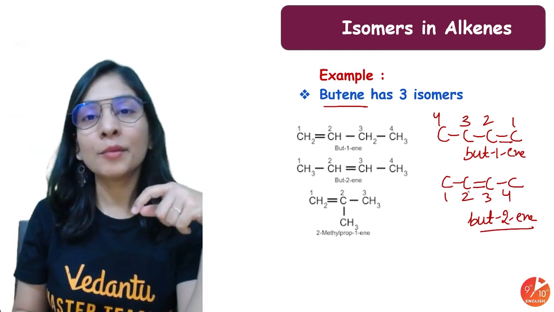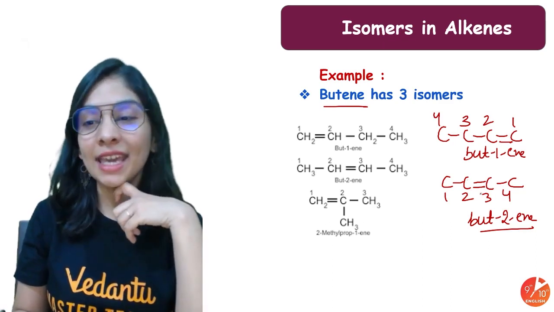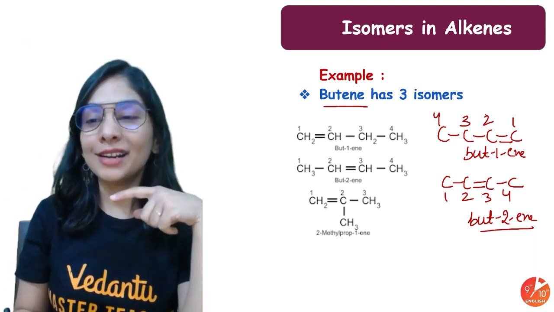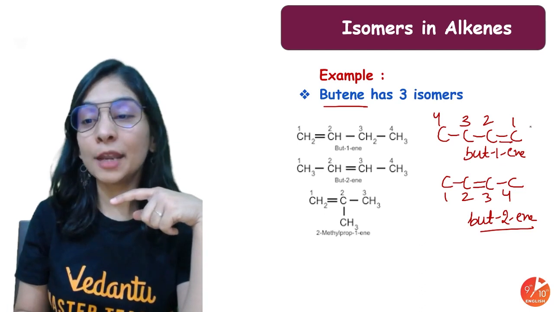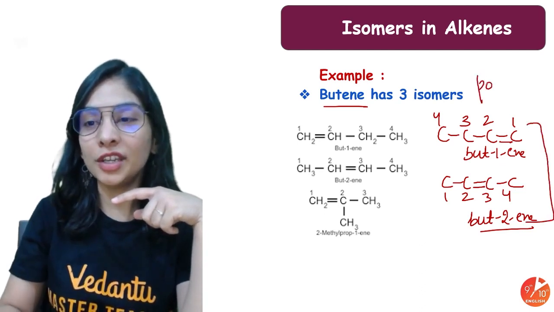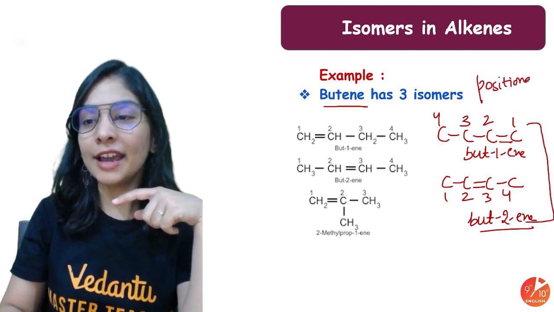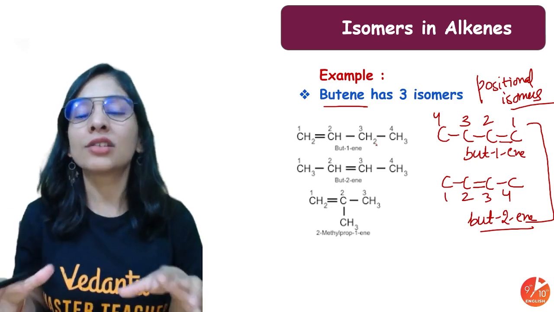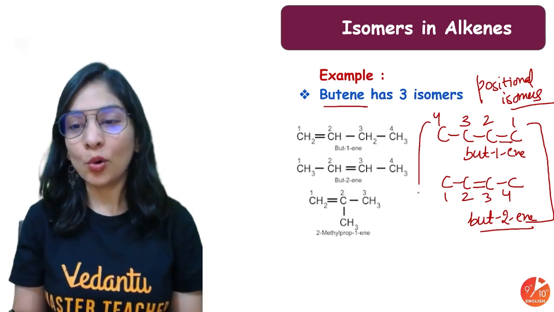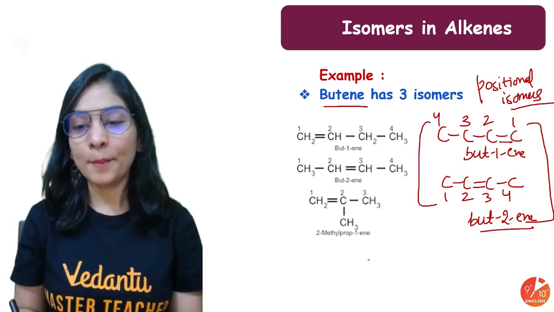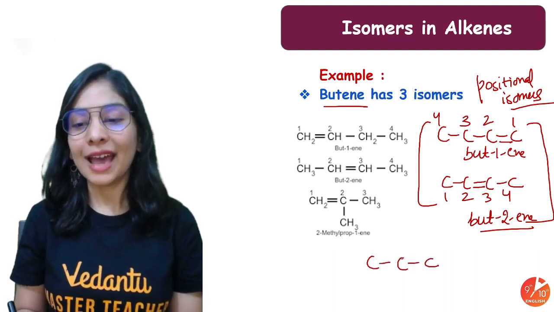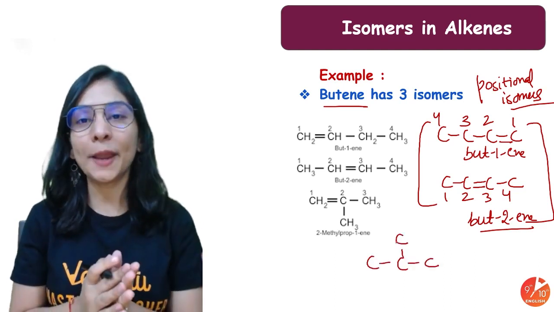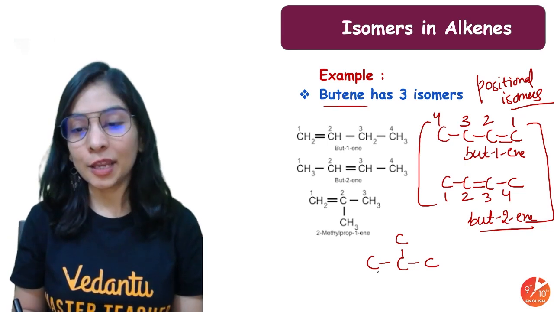So when I compare both of them, what will I see? That there is a double bond at this position and this position. These are positional isomers of each other. Positional isomers. That there is a difference in the position of the double bond. And I can write structural isomers also. Both have a straight chain, but 3 carbons I can write in this way, the 4th in this way, making a branched chain, and I can put my double bond in